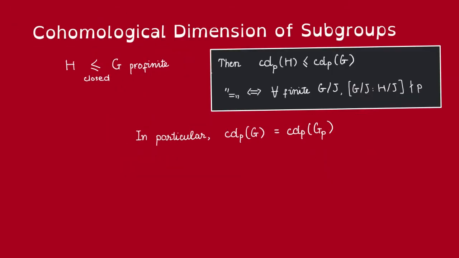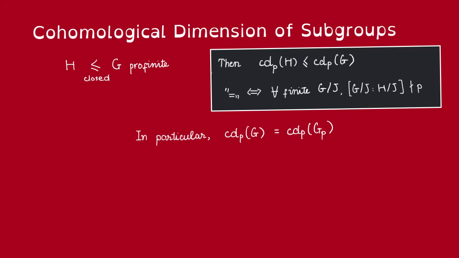Now we want to talk about the cohomological dimension of subgroups. Let H be a closed subgroup of a profinite group G. Then, as expected, the cohomological dimension of H is at most that of G. And equality happens if and only if the index of H in every finite quotient of G is prime to